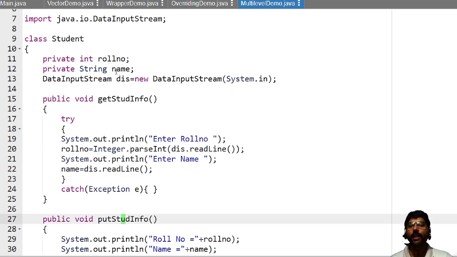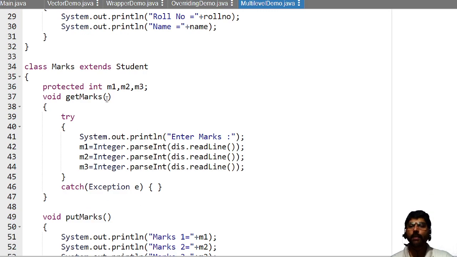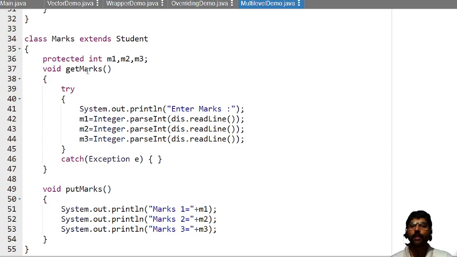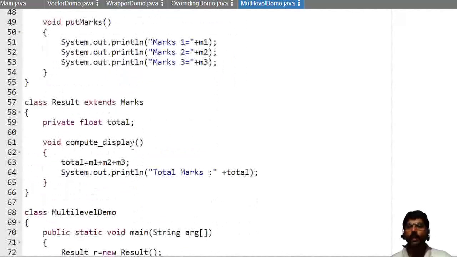Roll number and name are not available because they are private. Get studinfo and put studinfo are now part of result. Next, it will take the three marks m1, m2, m3 because they are protected. Then it will take get marks and put marks. Then it also has its own method called compute display. These are some of the properties of result.